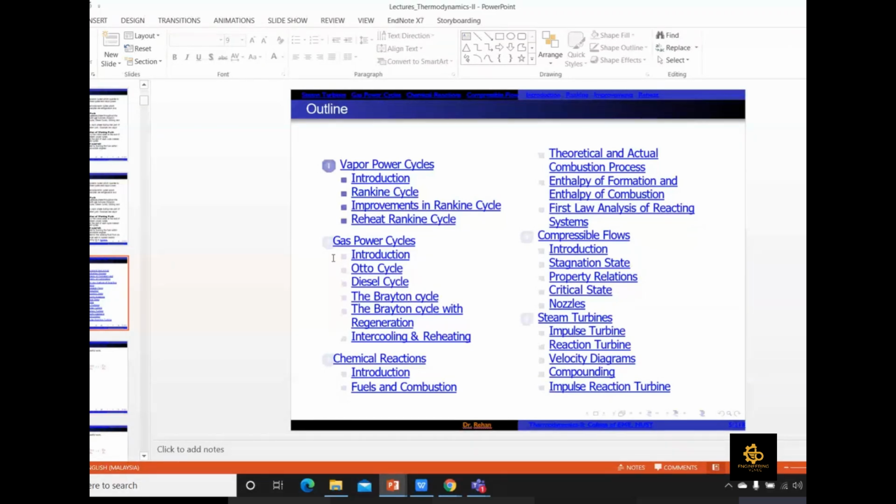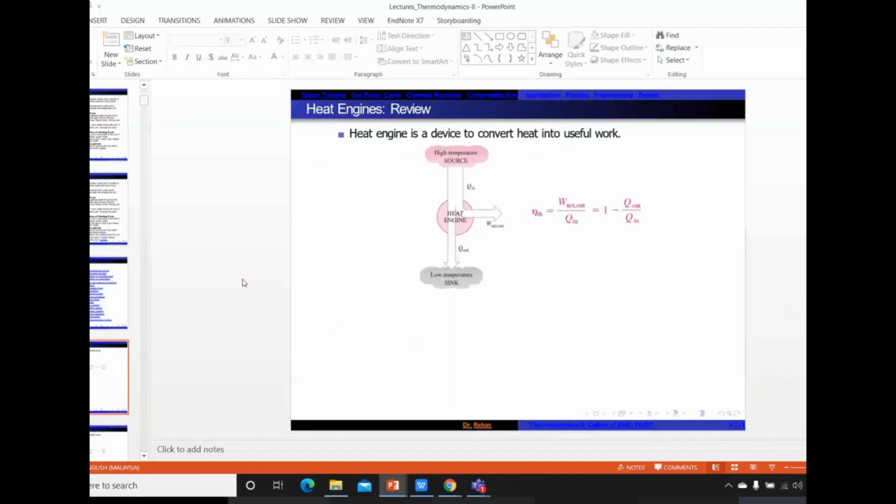Before we start the next lecture, I will give you some overview about thermodynamics revision. But it is on you to revise all the thermodynamics concepts you have been taught in your previous courses, because this course is more understandable if you have better knowledge of the thermodynamics 1 basic concepts. Because this lecture is just an introduction, we will not go for the full 2 hours, but inshallah next time we will focus on our